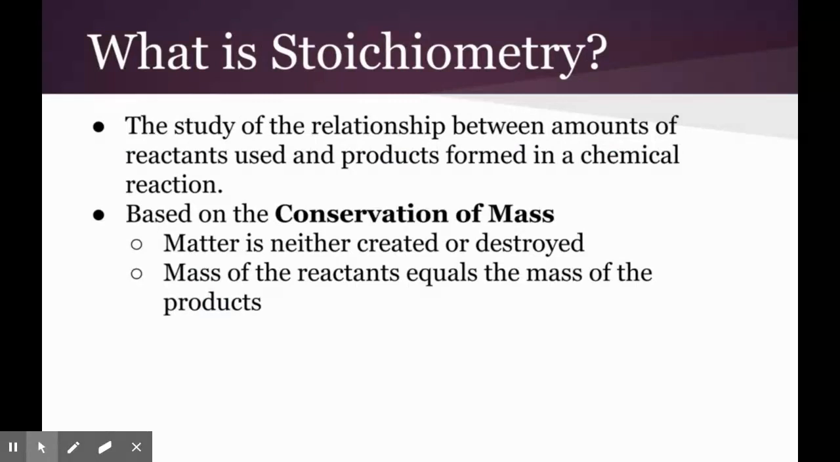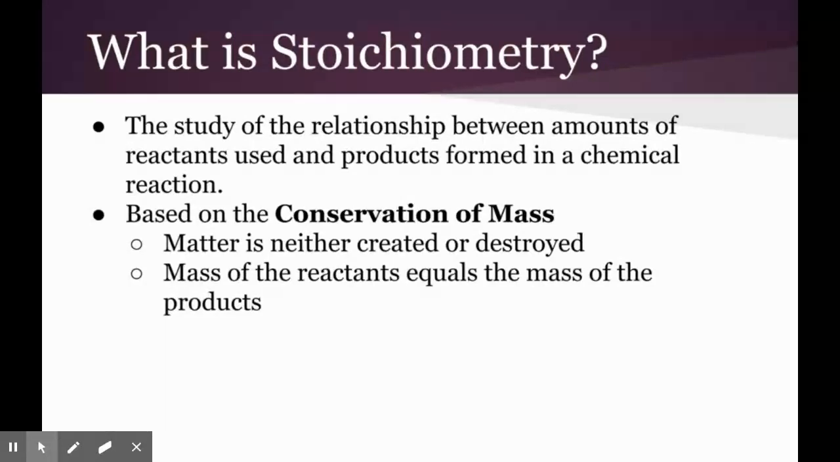I want to briefly go over the definition of what stoichiometry is so you have an understanding of what we're trying to do. Stoichiometry is the study of the relationship between the amount of reactants used and the products formed in a chemical reaction. Stoichiometry is based on the conservation of mass, and if you remember from our previous unit,